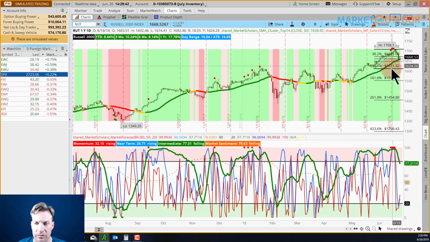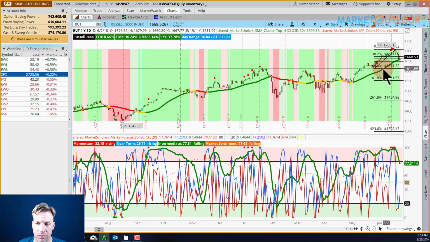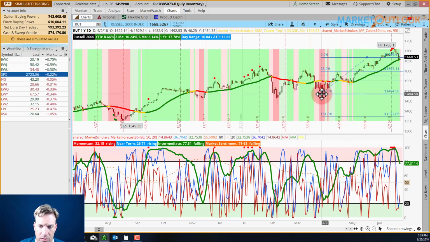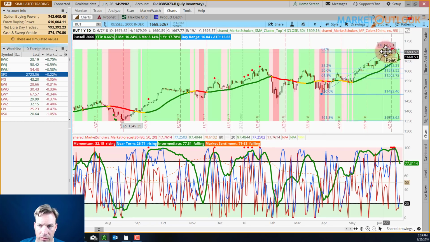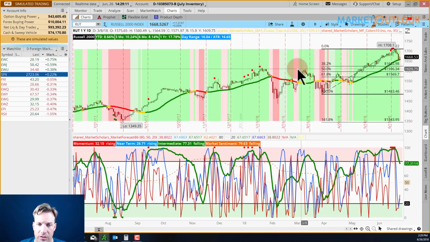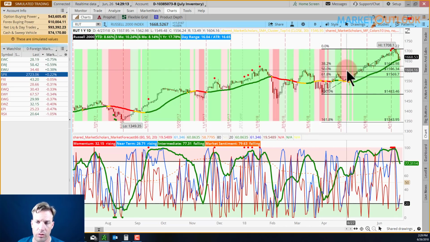But regardless, you can see we're sitting at 50% retracement of the near-term run, still sitting above the moving average. And as I mentioned before, we are at essentially the 23% Fibonacci retracement of the intermediate run that actually started back here. Move that up to there, to those clusters. So again, 23% Fibonacci retracement. And 38 to 50, you've got strong support in there.